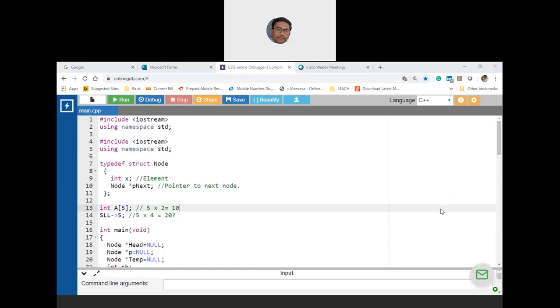Roll number 7 is absent, 10 is absent, 13 is absent, 23 is absent, 27 is absent, then 33 is absent, then 40 is absent, 41 is absent, 42 is absent, 46 is absent, 47 is absent, 51 is absent, 53 and 54 are absent, 56 is absent, and Hemant is present. What is your number, Hemant?